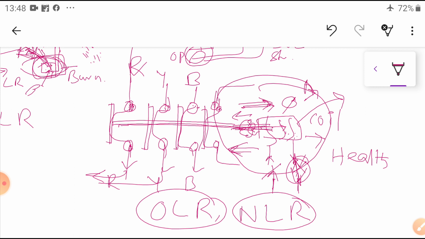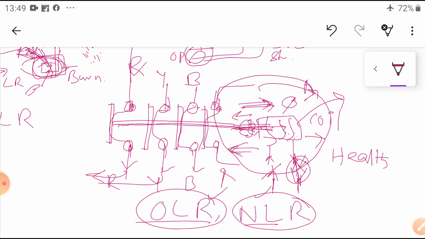Sometimes we can also use it in an auto transformer starter, and rotor resistance starter also. This is common. What is the OLR, NLR? The function is the same thing.